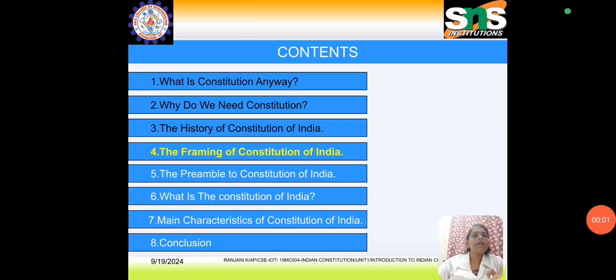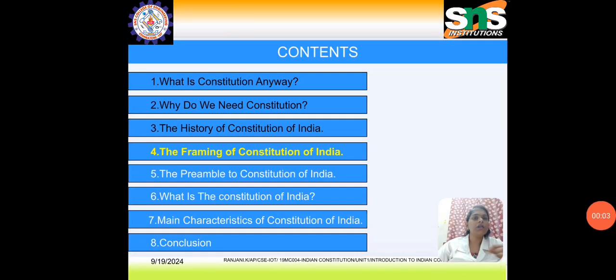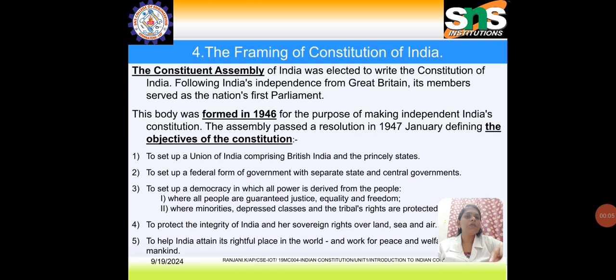Hi students, in the previous class we saw the framing of the Constitution of India. So we discussed when the Constitution was framed after independence from Great Britain, and it served as the national first parliament and was formed in 1946. And based on the